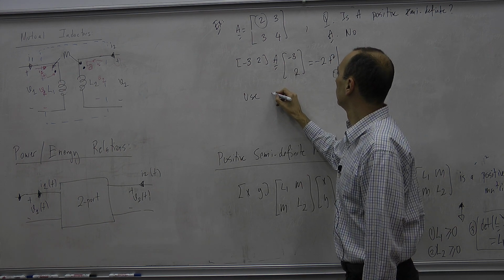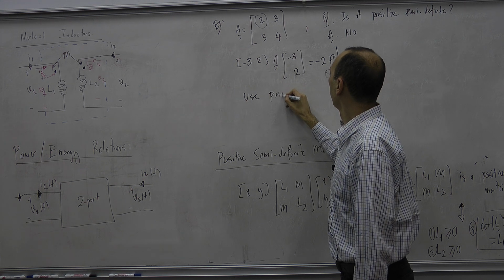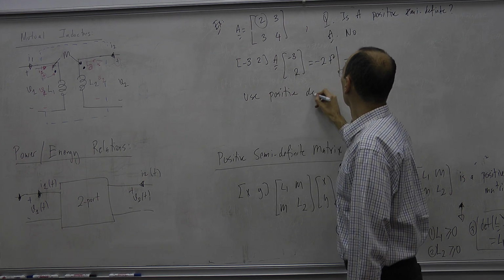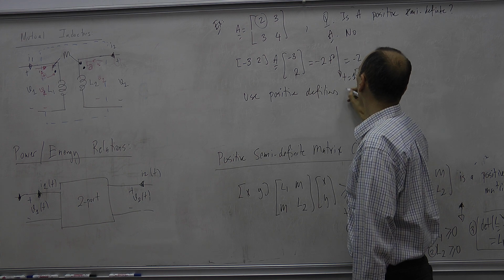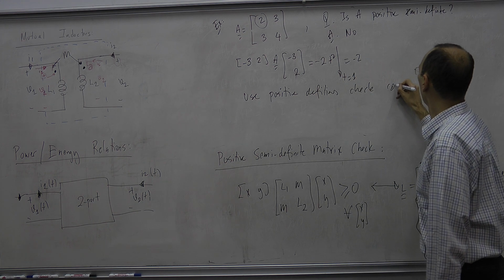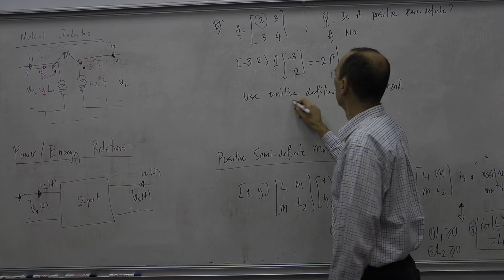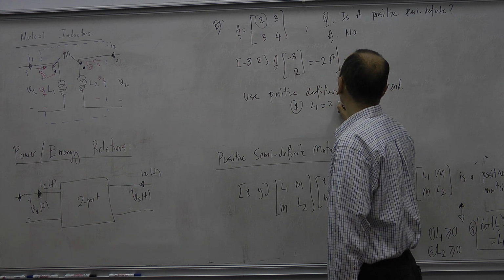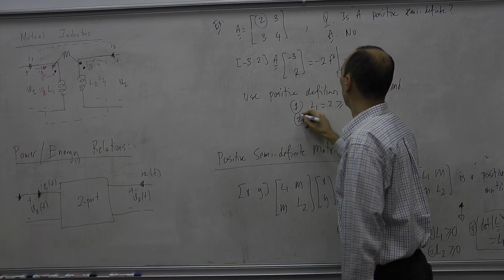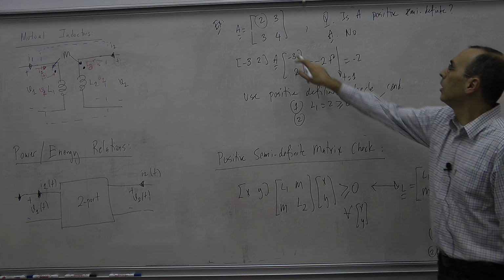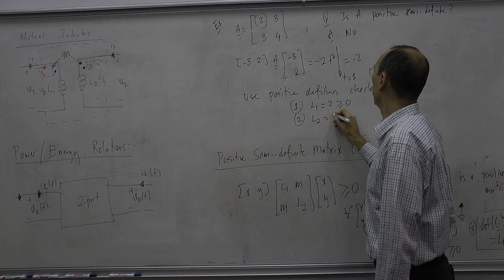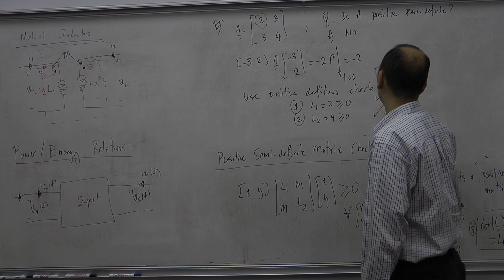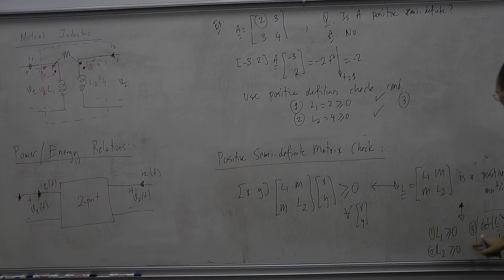Use positive definiteness check conditions. Number 1, L1 is equal to 2, greater or equal to 0. This is satisfied. Number 2, L2 is equal to 4, greater or equal to 0. This is also satisfied. Determinant of this matrix,